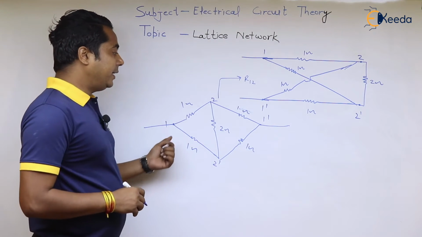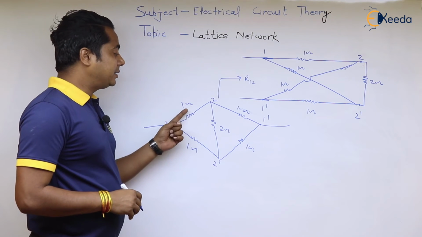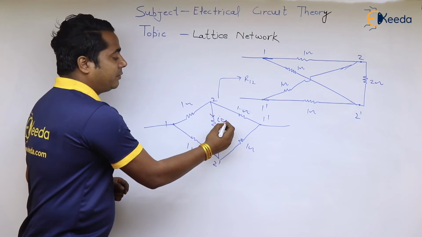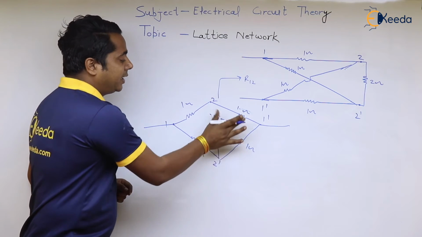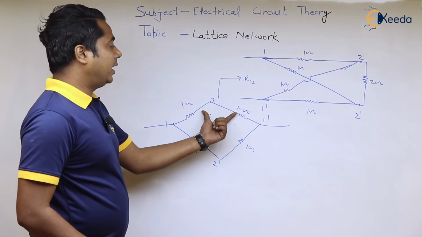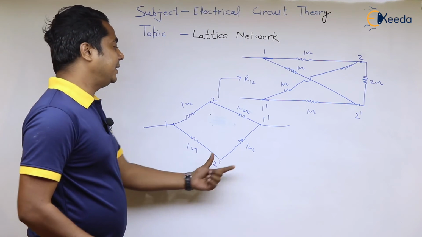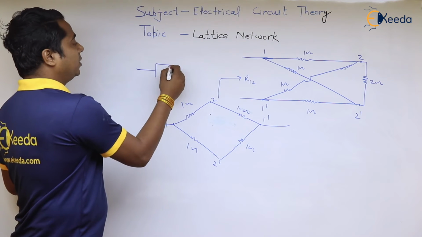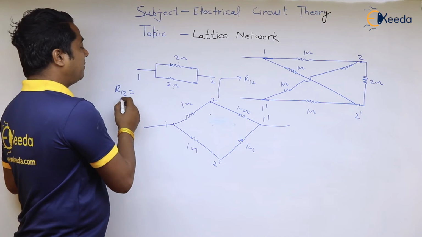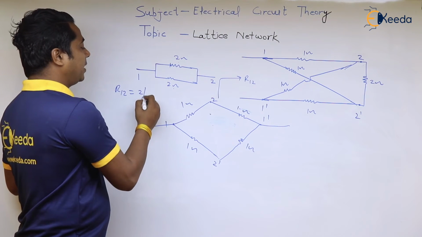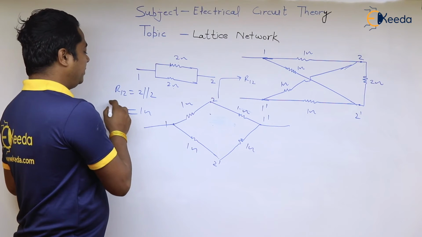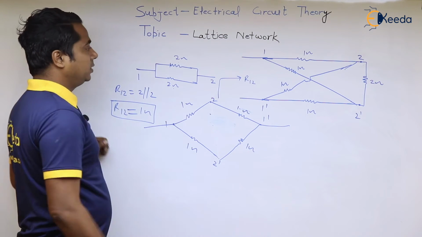So we have this simple circuit. In this, we have to check whether this 1 into 1 is equal to 1 into 1. So there will be no current. I will be equal to 0 here. So we can remove this resistor from here, and 1 and 1 ohm are in series and 1 and 1 ohm are in series. So this will be your 2 ohm and this is 2 ohm, and then R12 will be 2 parallel with 2, which comes to 1 ohm. So R12 will be equal to 1 ohm.